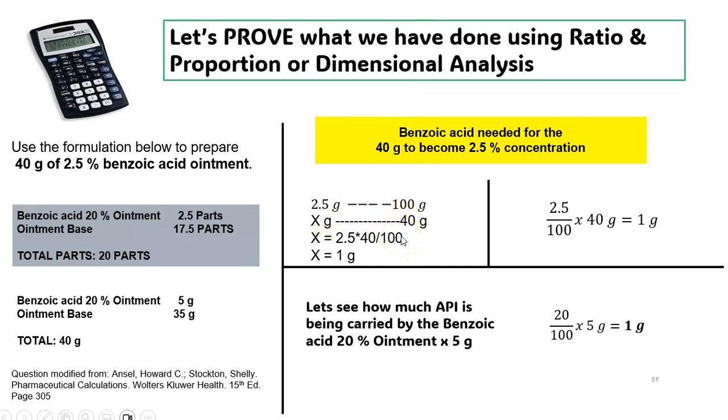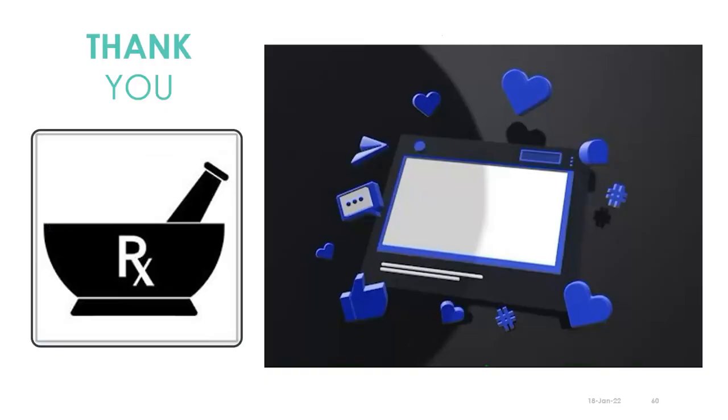So if time allows me in assessments, I always use my ratio and proportion or dimensional analysis to prove if my alligation is right. Some students will say, Miss, we don't have time for that. But sometimes you do have time. You may never know. All right? Because this is really 1, 2, 3 steps, 3 steps to secure getting full scores on your assessment. It's worth the time. So that brings us to the end